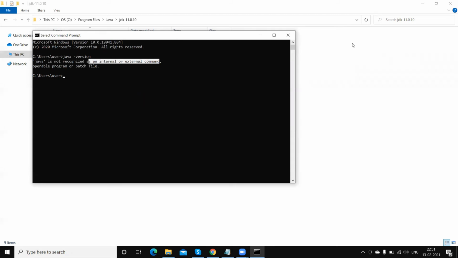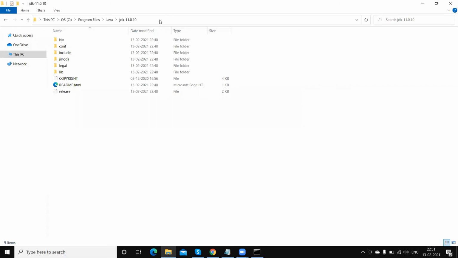So for external commands, we need to set up the Java or any other software path in an environment variable. Now this is Java, so I need to set up this Java JDK home path, right? This path we need to copy here, and set up in the environment variable.